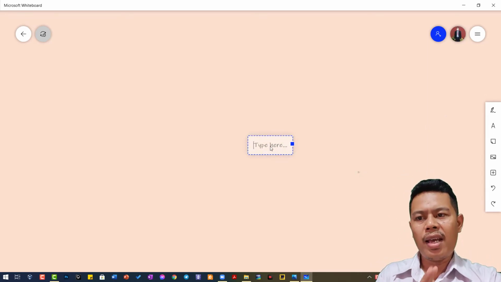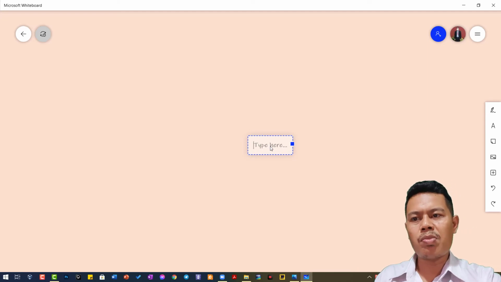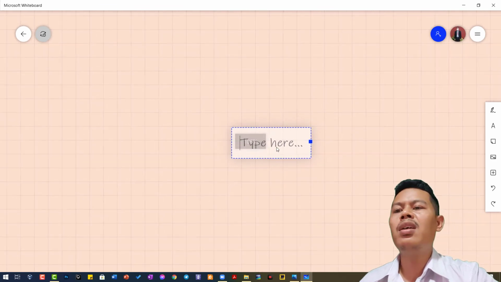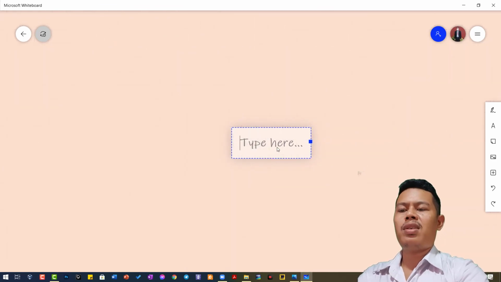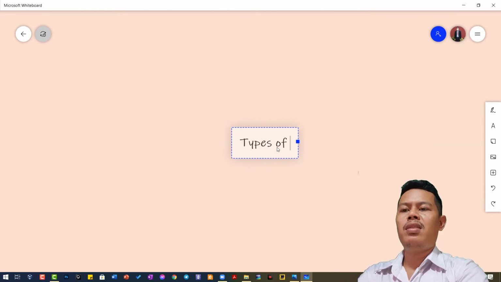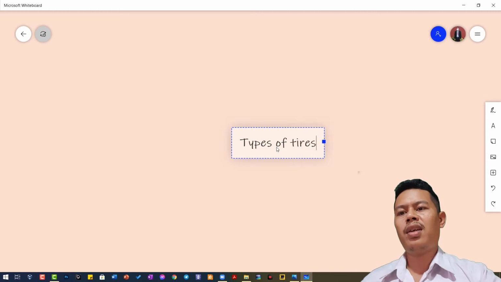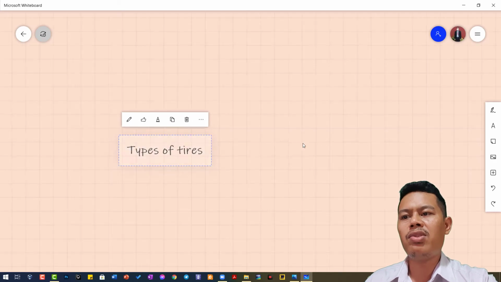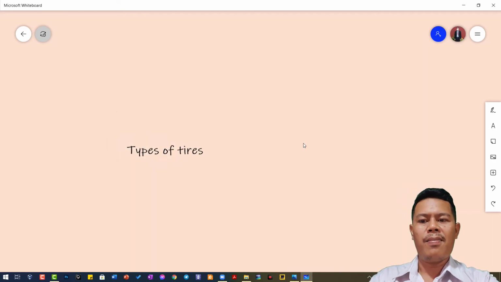Don't worry that your letters are small, because you can always zoom in, and you see it's too big no matter how small it is. Okay, so I type, let's say, types of tigers. And I want to draw the bubbles around it, so that the students can give me the